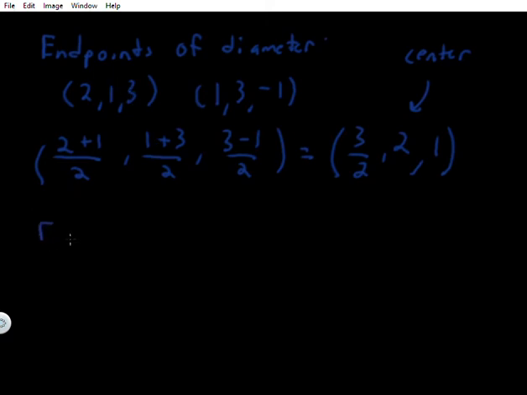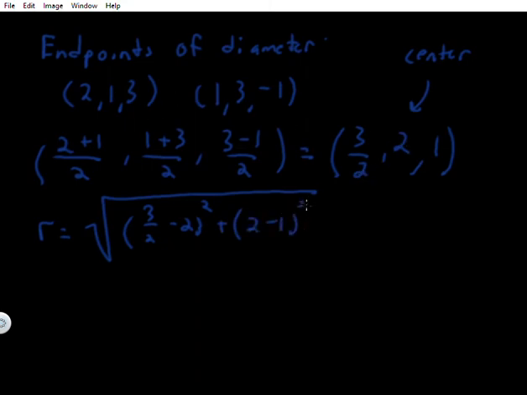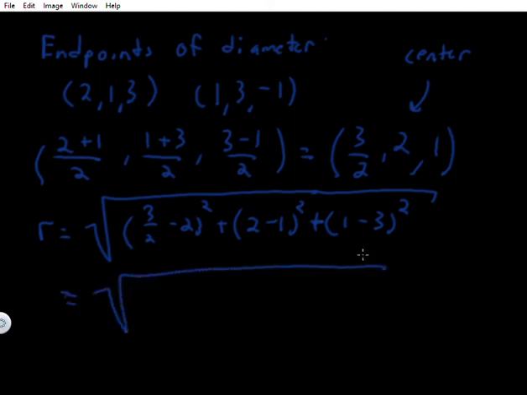So I know that r must be given by 3 over 2 minus 2 squared plus 2 minus 1 squared plus 1 minus 3, it's a plus, minus 3 squared. Now let's calculate this. Don't get scared of any fractions. This is essentially 1.5 minus 2, which is just 0.5, because I'm just going to say it's positive because we're squaring it. So 1/2 squared is 1/4